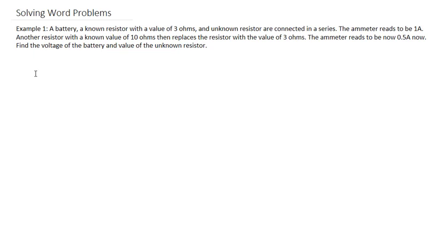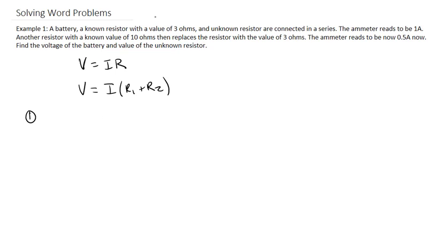So here we have a word problem we need to solve. What's important to remember is this equation: V, or it can be written as E, is equal to I times R. I stands for current, R is for resistance. Now this resistance is in series, so we can just add those up. So V should be equal to I, and we have two resistors, R1 plus R2. So for equation 1,